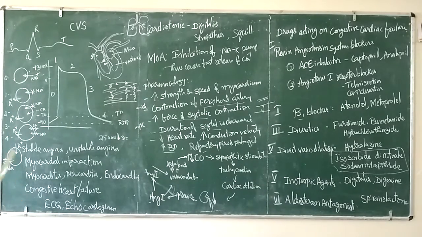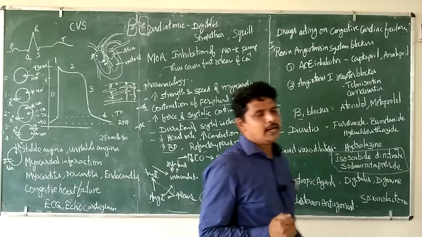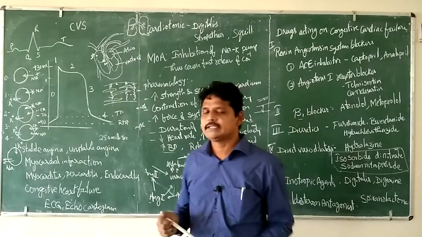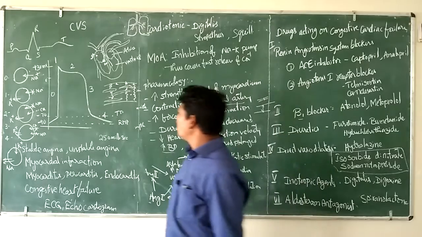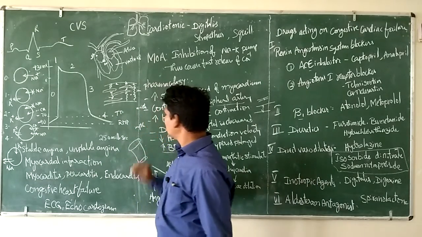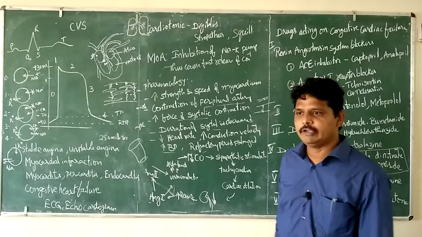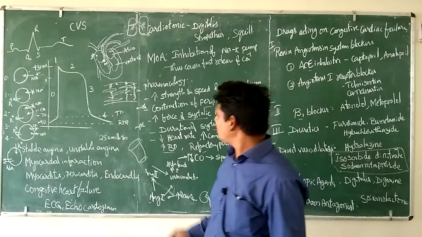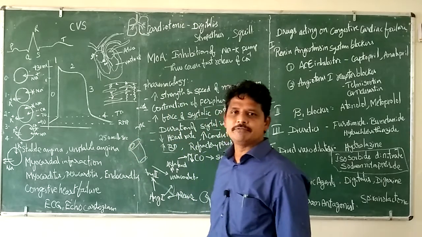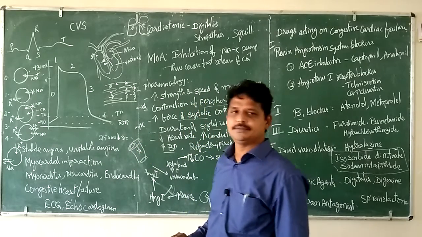So coming to this, now we will discuss various diseases of the heart. Stable angina and unstable angina, this is one of the most important ones. In stable angina, if there is no exercise or a high intake of cholesterol, there will be plaque formation in the artery. Because of that, the blood supply is going to be decreased.